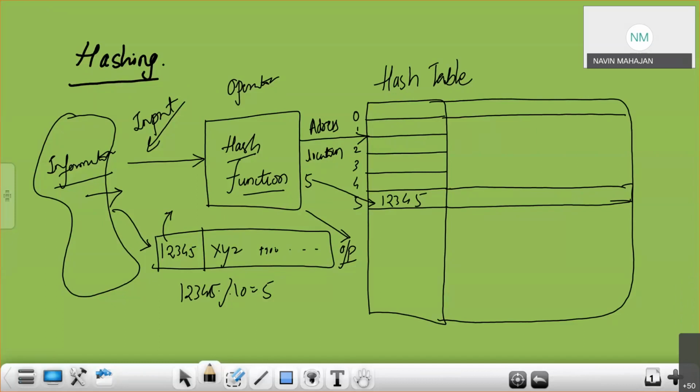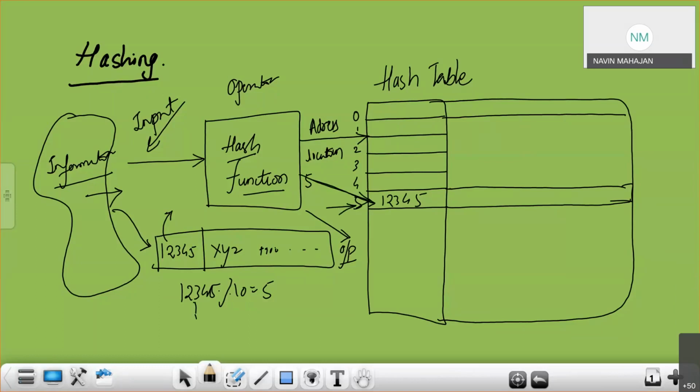Now what will happen? Suppose I want to store some information, like all this information, directly the hash function is applied, and it generates an address where I will directly store the data into that particular record with that address.